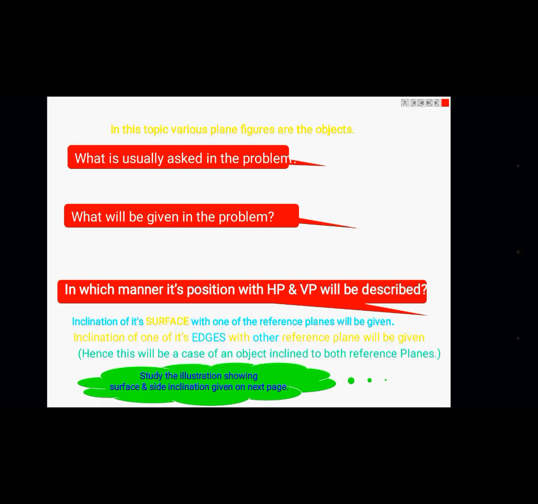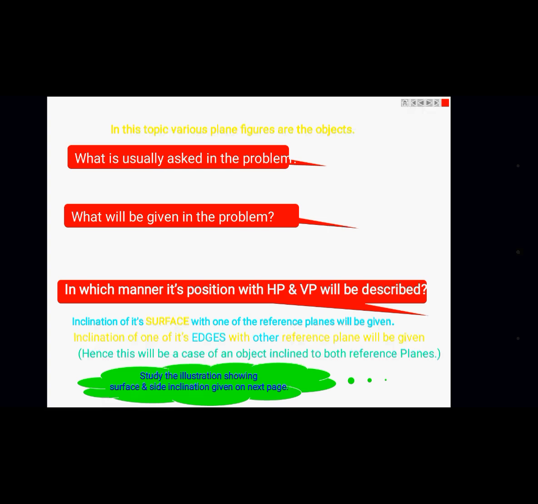First angle of projection, where you get VP by HP. Second angle of projection, where both VP and HP you will get above the XY line. Then third angle of projection, which is HP by VP. And the fourth angle of projection, where you will get both VP and HP in the same direction. From the projection of lines onwards, only first angle of projection is followed. In first angle of projection, it is VP by HP.